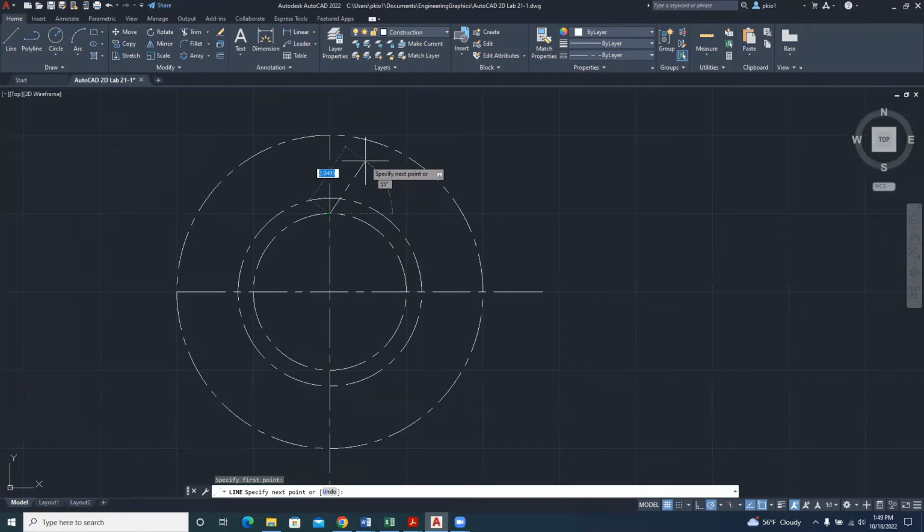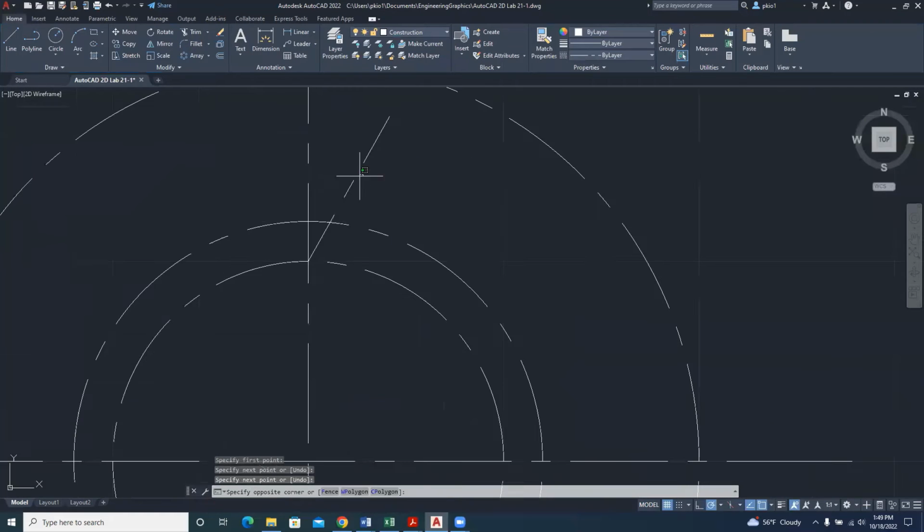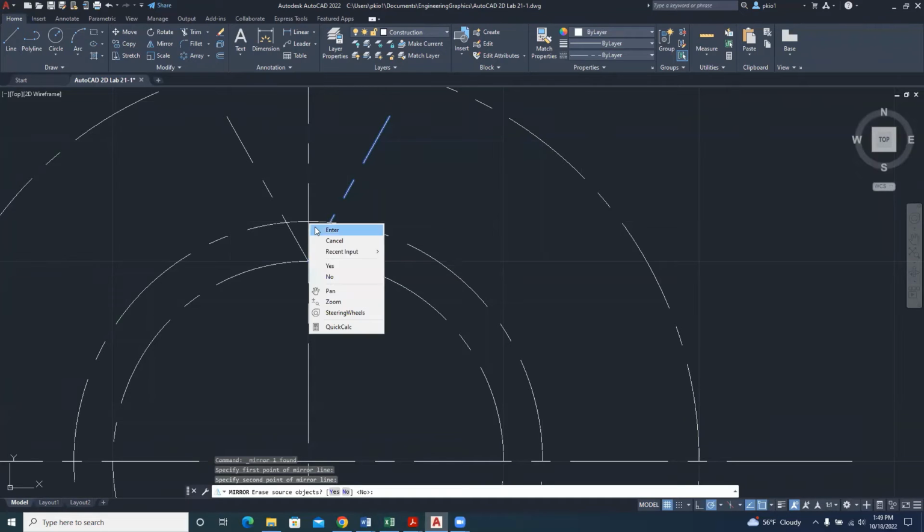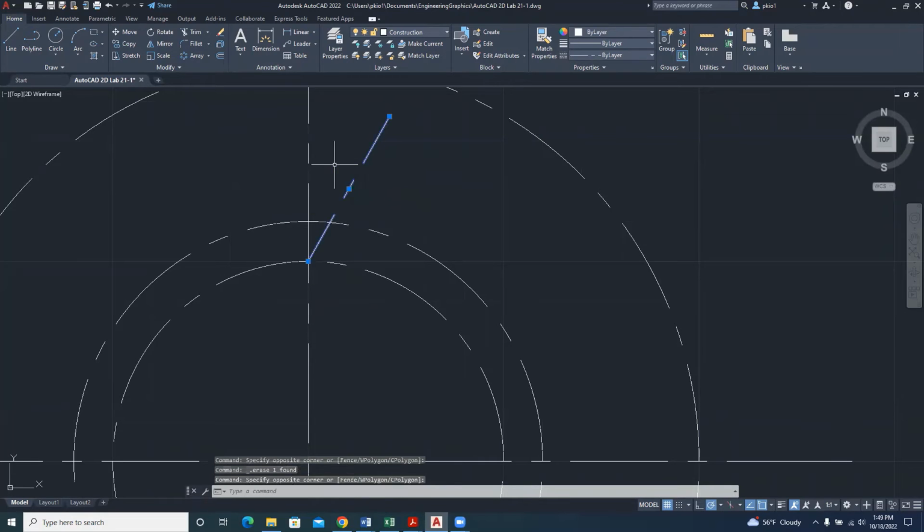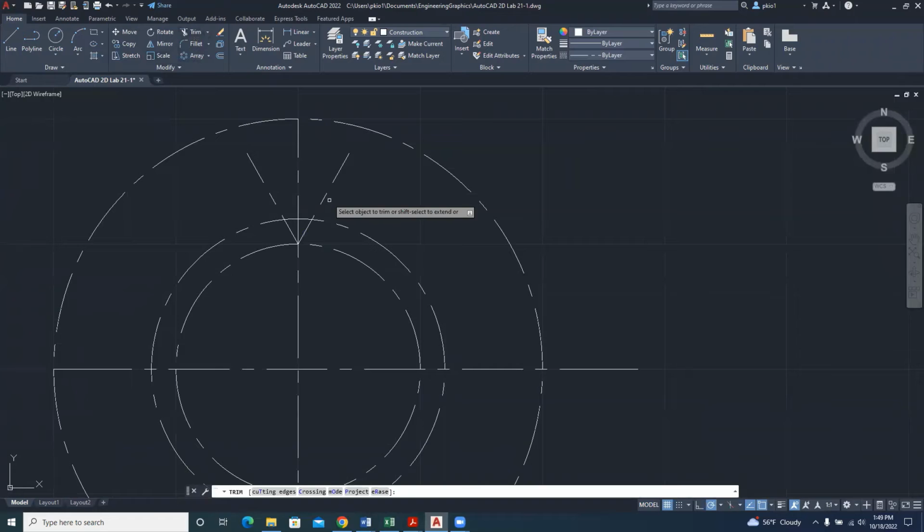So right now it's 55. I'll use 60 degrees, and then I'll mirror this. Enter. So let me explain the act of mirroring. We select the line, click on mirror. It will ask you to specify the mirror line. So you click down on the first point and then click on the second point. It will ask you, should it erase source object? It will be no. So we go for enter, and tap your space bar and then trim